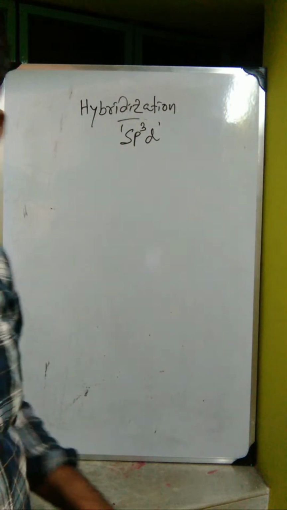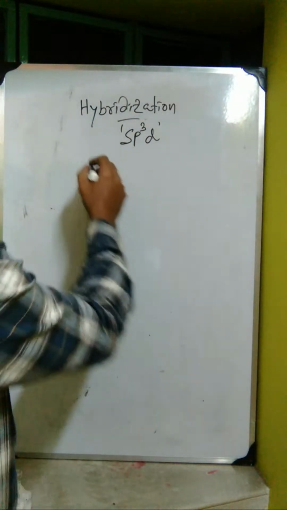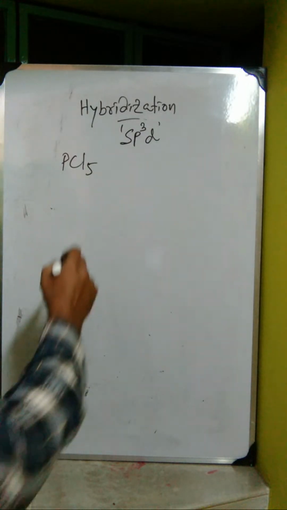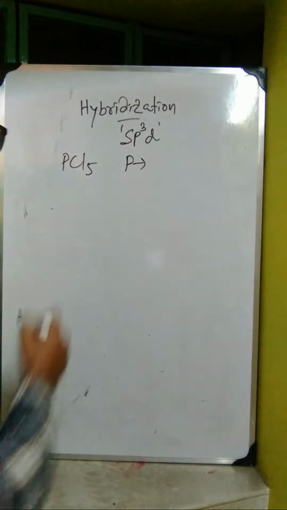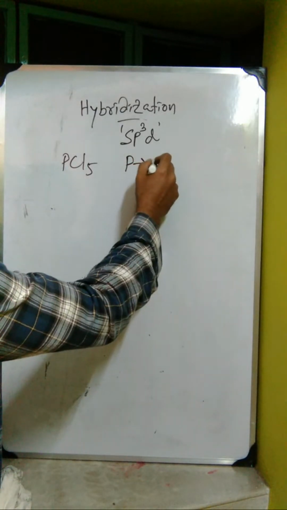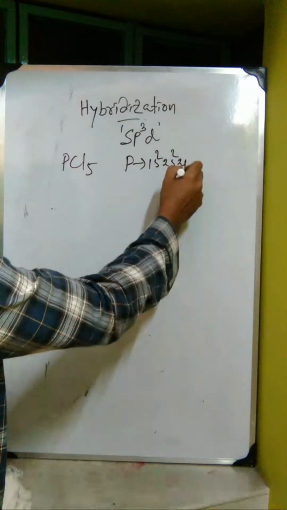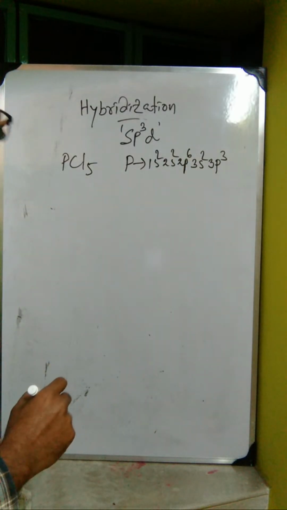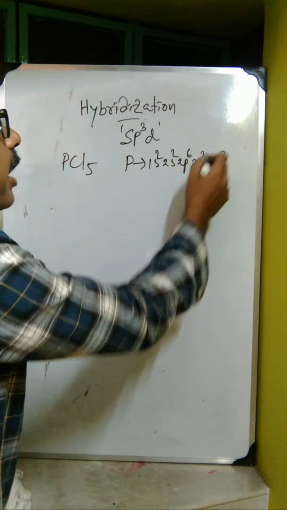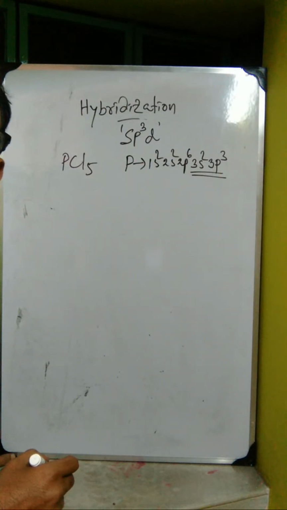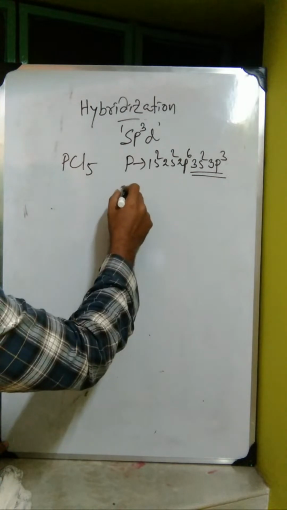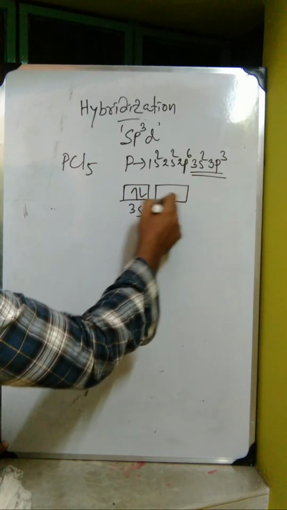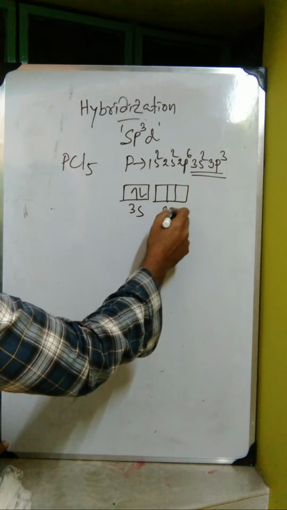sp3d state of hybridization. Let us consider a molecule PCl5, phosphorus pentachloride, where the central atom is phosphorus having atomic number 15. The electronic configuration will be 1s2, 2s2, 2p6, 3s2, 3p3. The outermost shell or valence shell is the third shell, and all the electrons present in the valence shell are called valence electrons. So the valence shell configuration is the 3s orbital where 2 electrons are present, and the 3p orbital where 3 electrons are present, and they must be